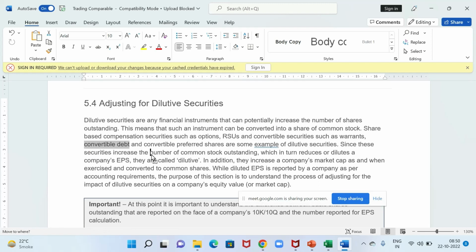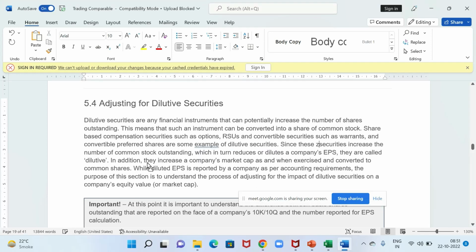Since these securities increase the number of common stocks, which in turn reduces the earnings per share, it is also important to factor them in during earnings per share computation. So understand, what is the P/E ratio? It's just price by earnings per share, or we can say market cap divided by net income. So if we are using price by earnings per share, how is price calculated? It is market cap divided by number of outstanding shares, and EPS is calculated as total net income divided by